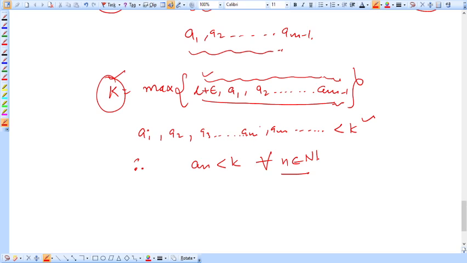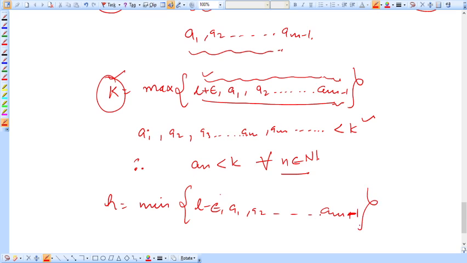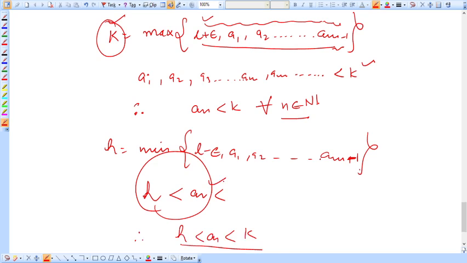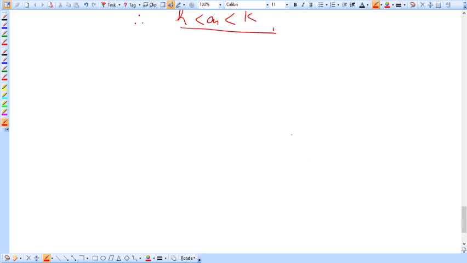Now we want to show that this is bounded below. For that we will have to take h is equal to minimum of l minus epsilon and a1, a2, up to so on, a_(m minus 1), right? And for this h, now a_n is greater than h, right? So therefore we have proved that a_n is less than k and greater than h. Thus we can say a_n is a bounded